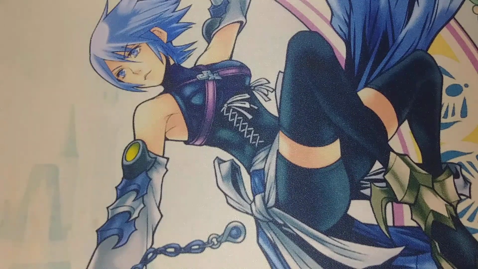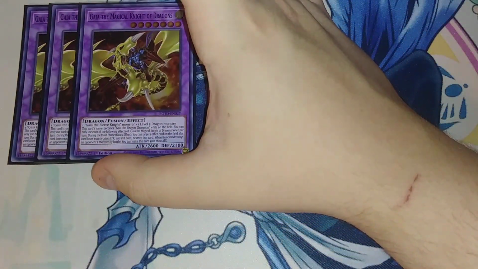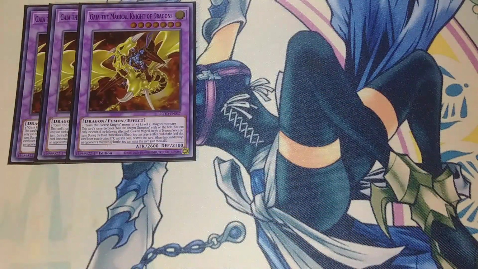Let's get into the extra deck. So for the extra deck, we're going to be playing 3 copies of Gaia, the Magical Knight of Dragons, which is the new big boss monster of the deck. And what this card does is this card's name becomes Gaia the Dragon Champion, and while this card's on the field, you can only use this effect once per turn. And then during the main phase, you can quick effect,